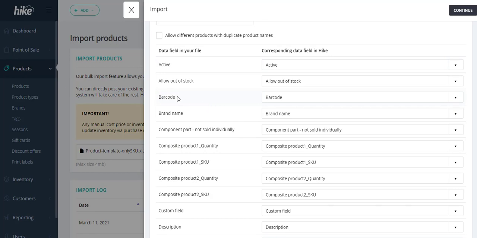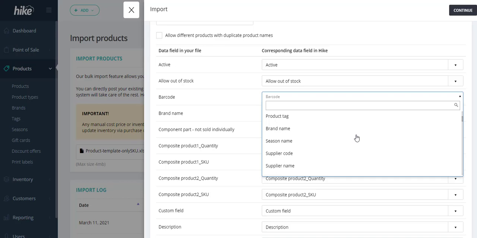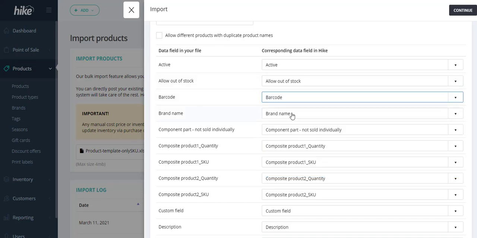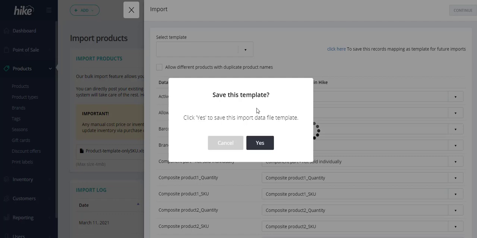It may be barcodes with an S, or it may have some additional information in the column mapping, but you can double check that it matches with the corresponding data field within Hike, or otherwise scroll down and select from any of the data fields that we have available. So this matches the fields together, and assuming that you've already taken the import directly from Hike previously, the mapping should match up automatically. So if we select continue from here, it'll ask you if you want to save a